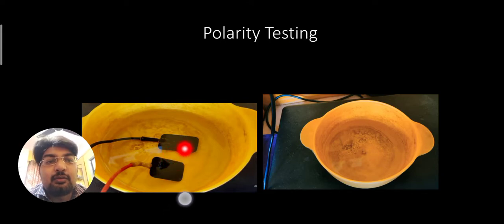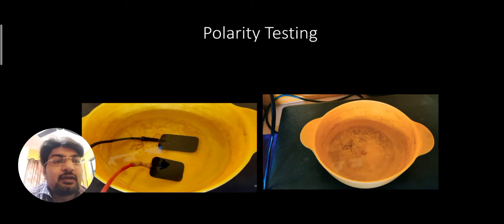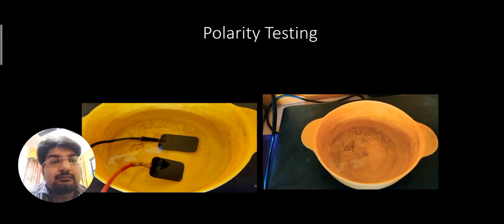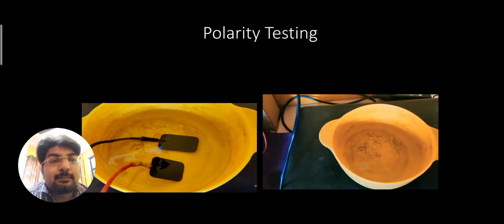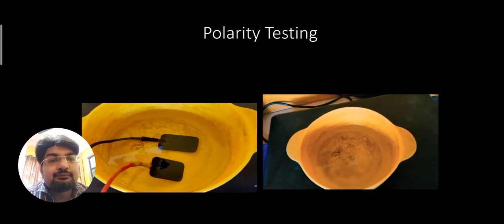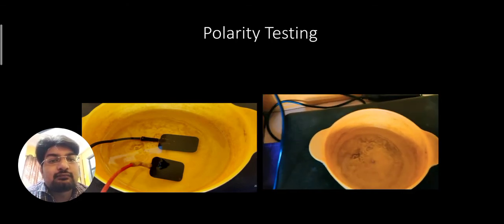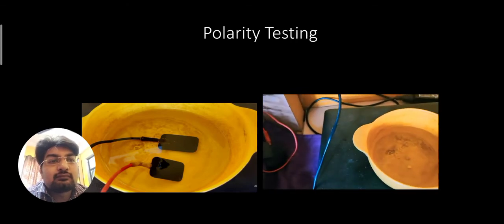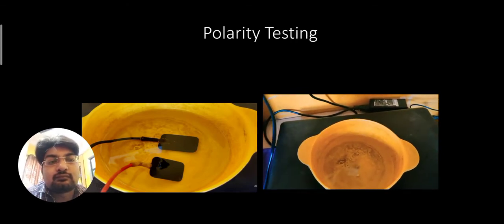As I am at home, I am just giving an example of how to perform it, and again I will play a video after the socket testing and the wire and main cable checking. For polarity testing, you can take water in a bowl, then add some salt to it so that we can check the polarity of the electrode, whether it is positive or negative.